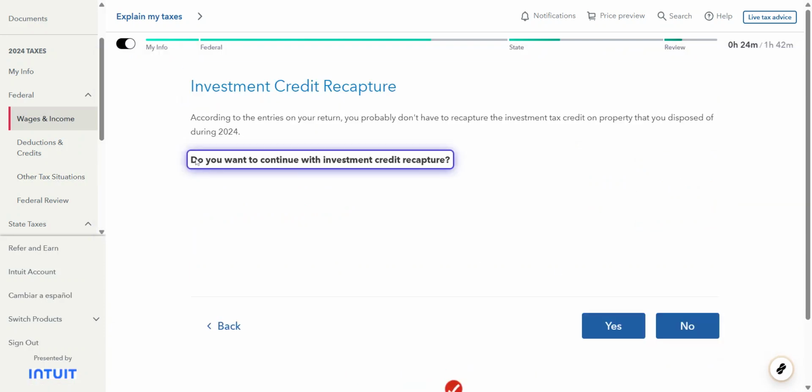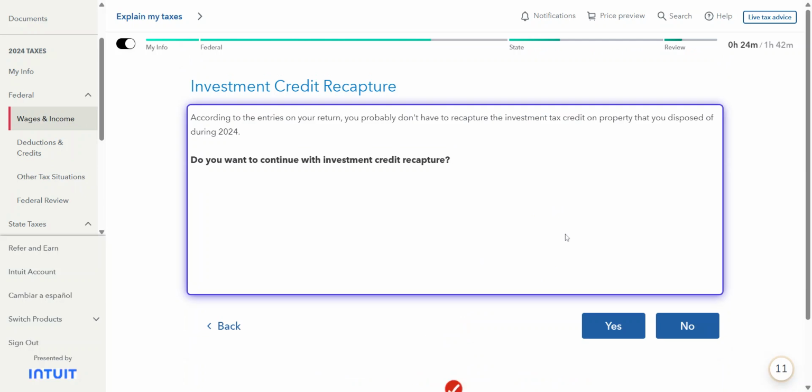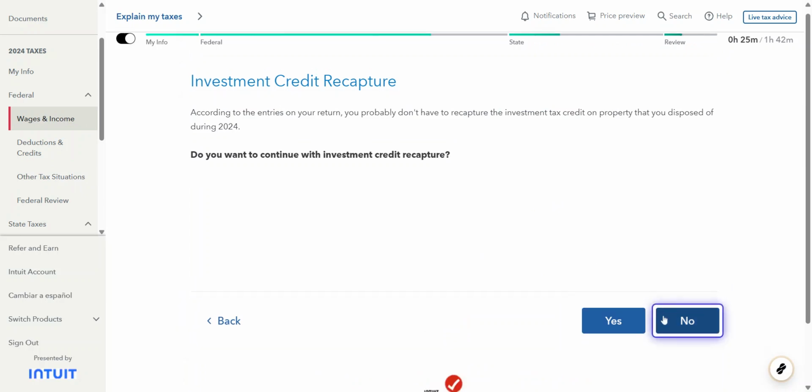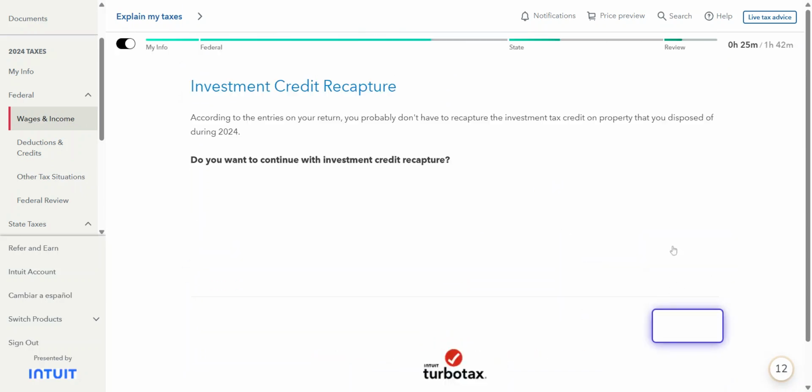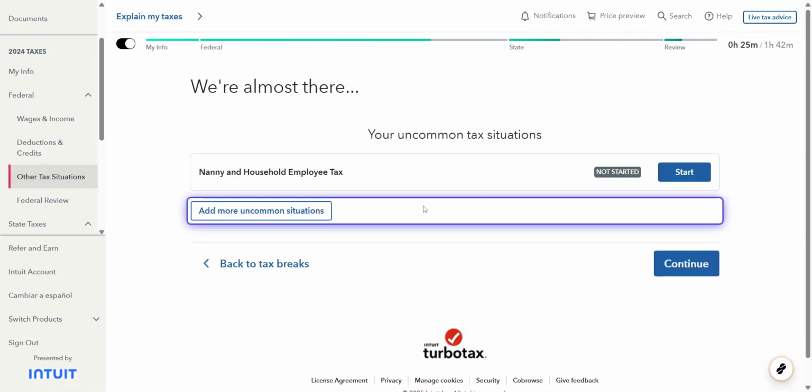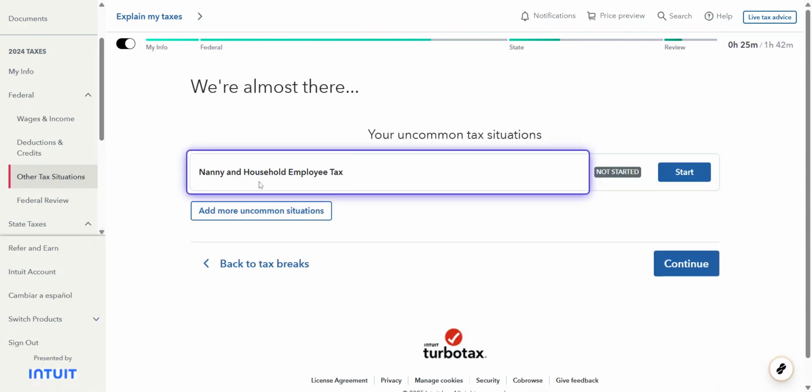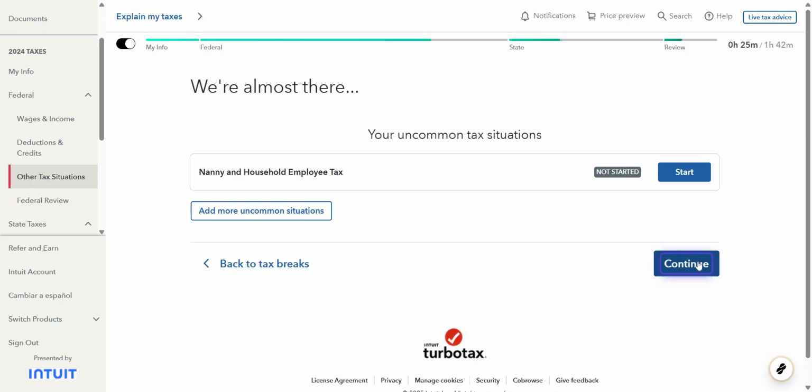If any of the situations do apply to you, click on Yes. This confirmation allows TurboTax to tailor its services to meet your needs better. Following this, you'll find a question asking if you've hired a live-in nanny or a household employee. If this applies to you, click on Yes. It is an important factor in filing